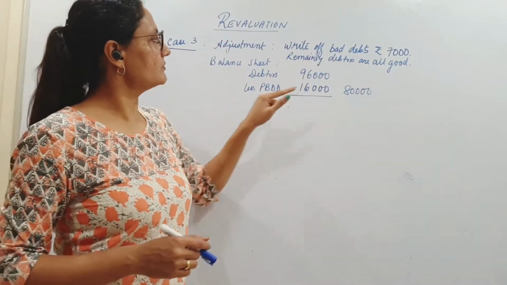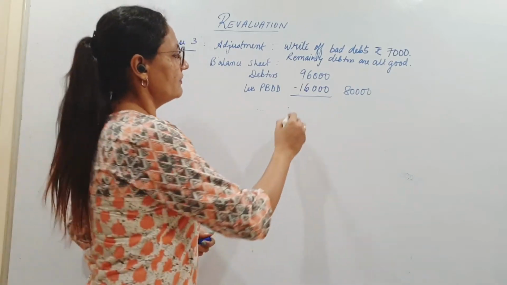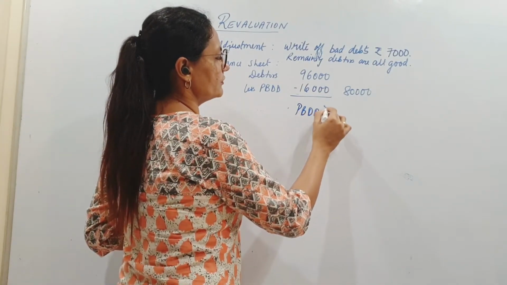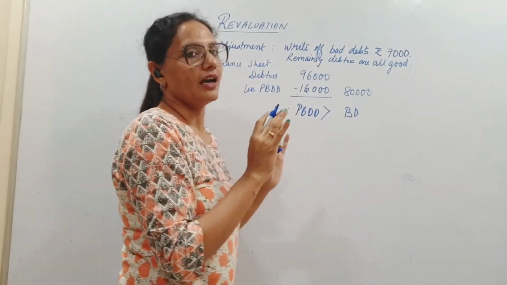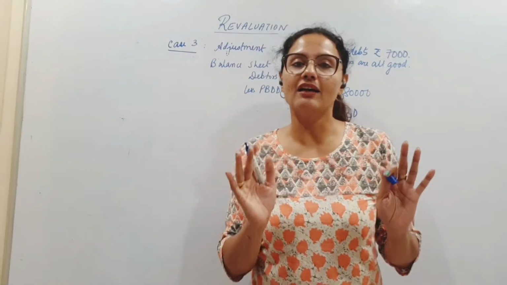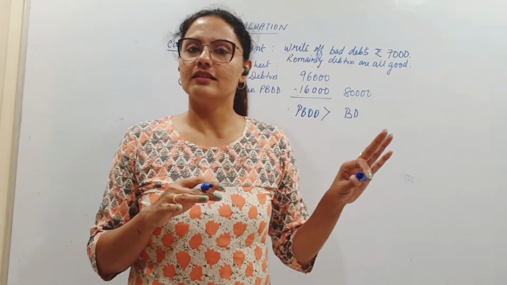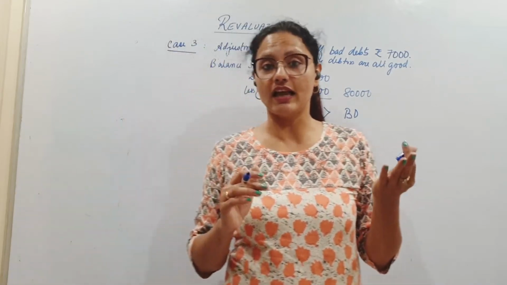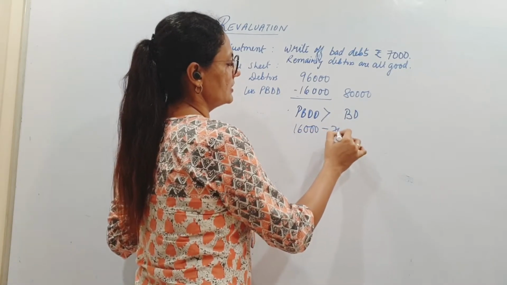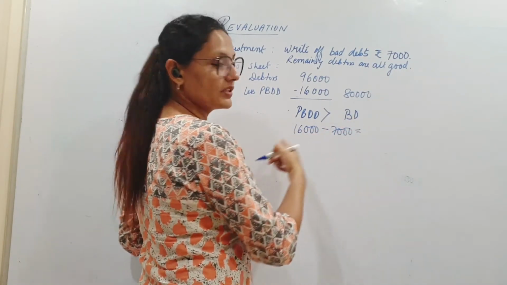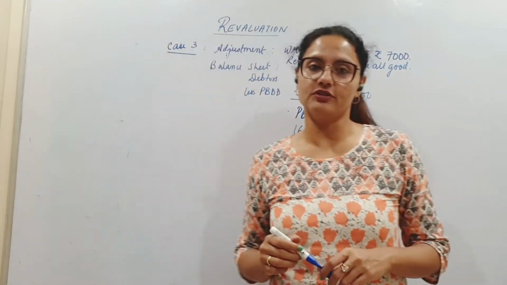So 7,000 मुझे write off करना है और 16,000 already है मेरे पास. This is a case where my provision for doubtful debts is more than the bad debts. That means I have sufficient reserve. I do not have to burden my revaluation account. ठीक है? So ये 7,000 16,000 से निकल जाएंगे. I still will have 9,000 left. Where am I getting this 9,000? If I write off this 7,000 against provision, still I will have 9,000 left in my provision for doubtful debts